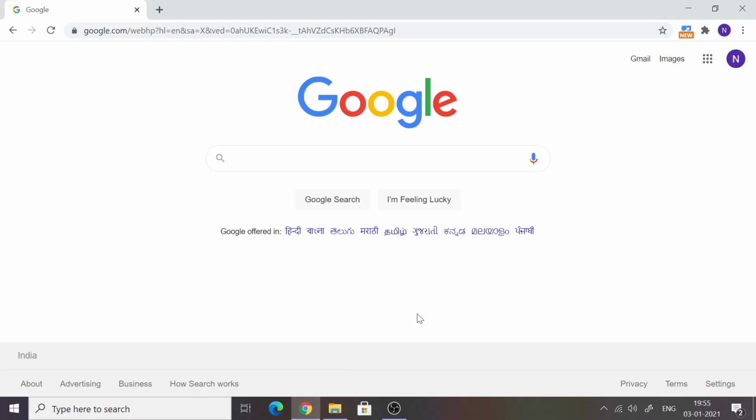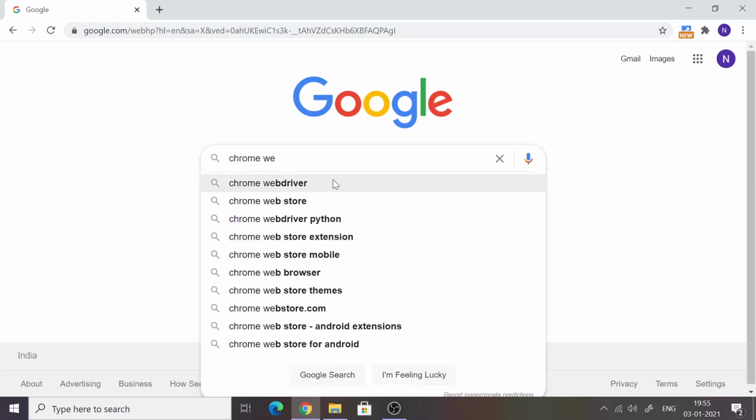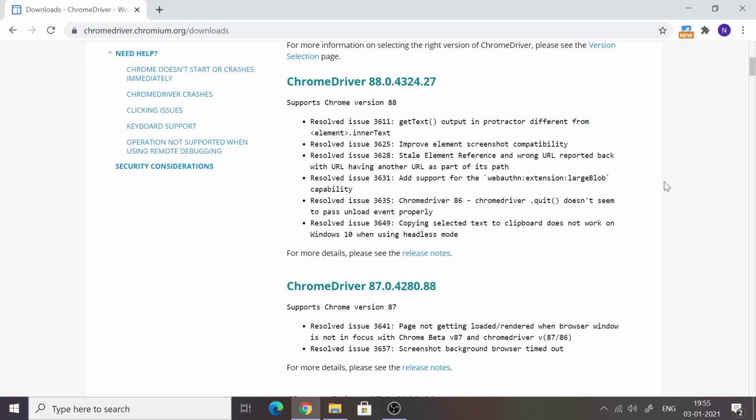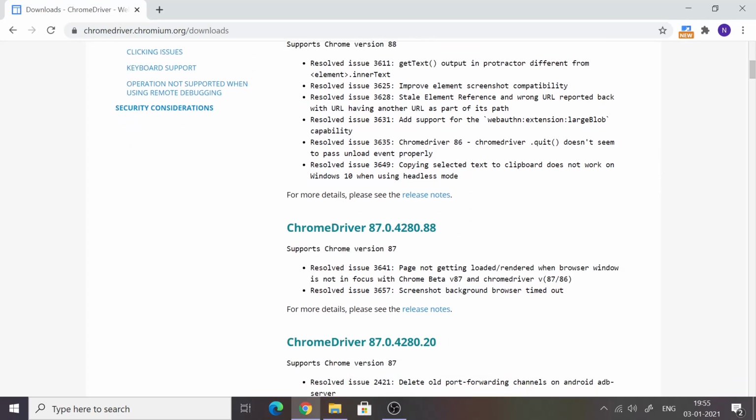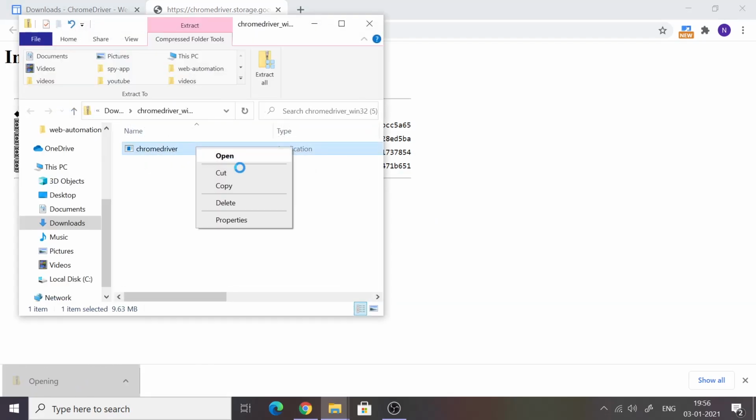We would now need to download a WebDriver executable for Selenium to work properly. You can download it for any browser that you want. As I am using Chrome, I would type here Chrome WebDriver. Click on the first link and download it according to my Chrome version. So I will click here. Now my system is Windows 10, so I will click here. Now click on the file, copy it